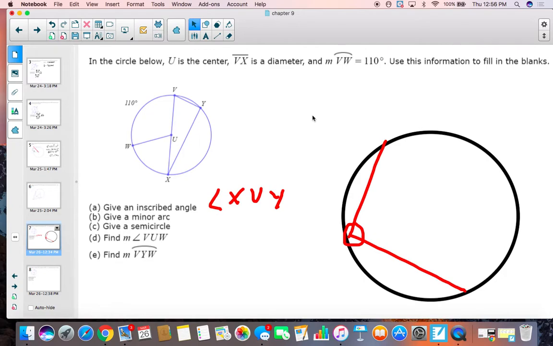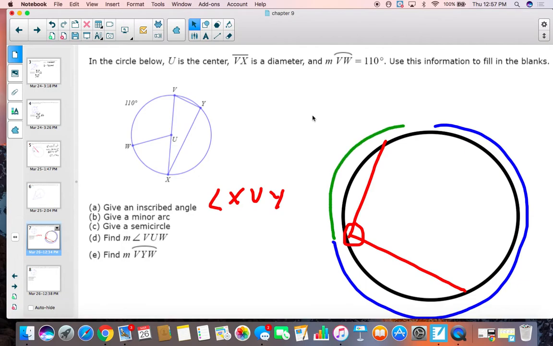Next, give a minor arc. Once again, what is a minor arc? Well, there's a couple different things we think of when we think of arcs. We think of minor arc, we think of semicircle, and we think of major arc. If I were to just draw this in there, I'm going to draw two different colors here. I'm going to go blue, and then I'm going to go green. These individual little sections here, if this was a point and this was a point,